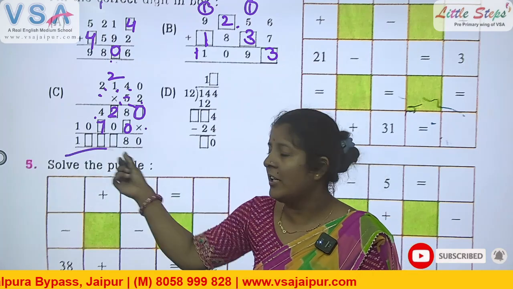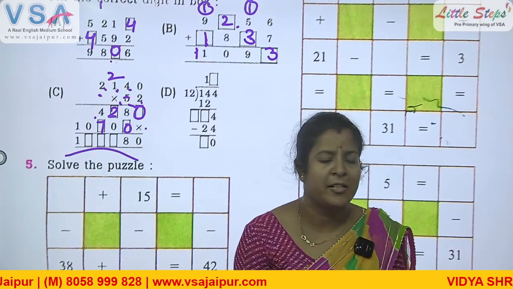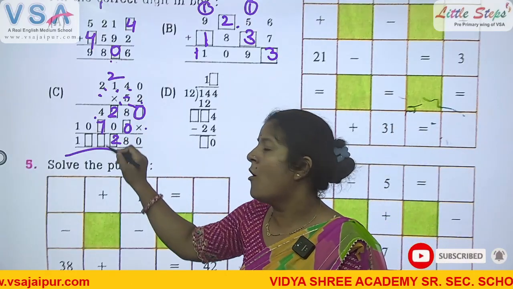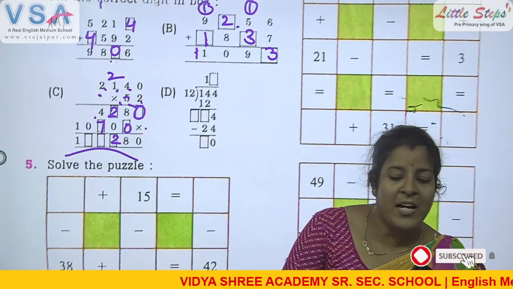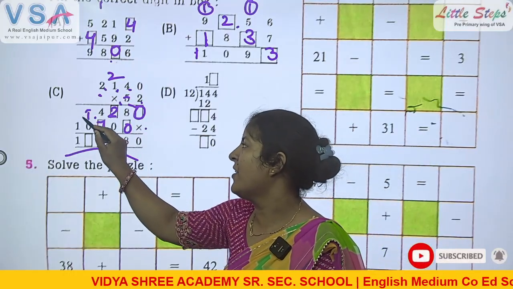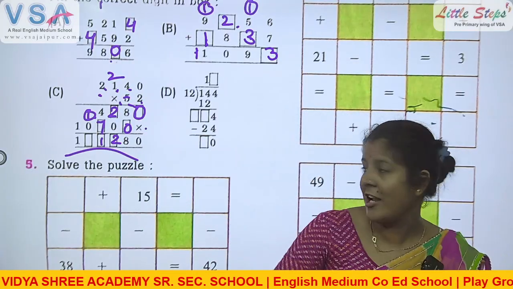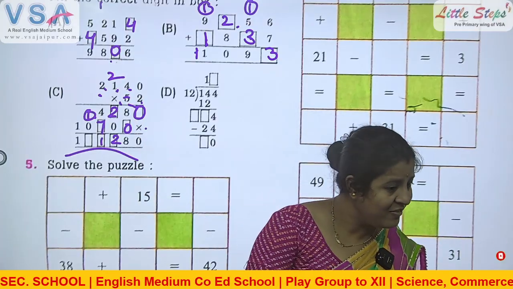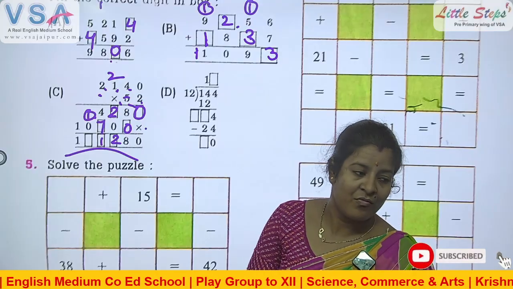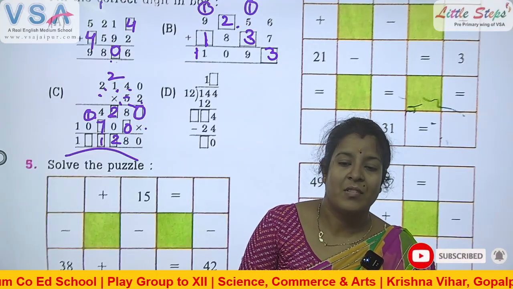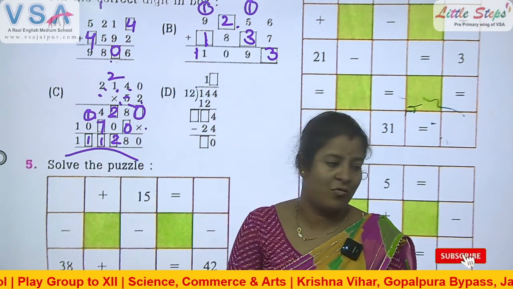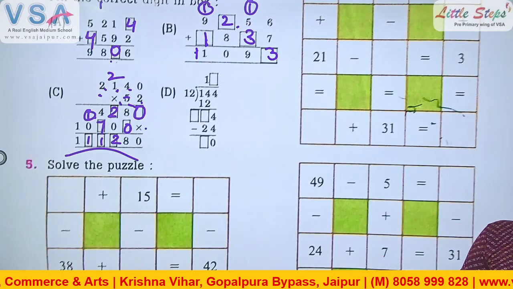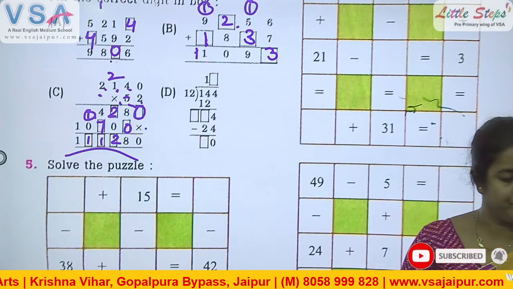And after that we can do the addition. 0 plus cross. 8 plus 0. 2 plus 0. 4 plus 7. 4 plus 7, 11. So write 1 and 1 carry. And above, 1 plus 0. 1 plus 0 equal to 1. And the next number, same, write on this side. Then we get the answer: 1,1,1,2,8,0.